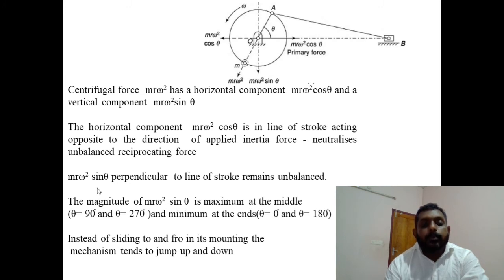And the magnitude is always changing sinusoidally, like mr omega square sin theta. So the magnitude is very high, or maximum, at the middle portion, that is when the angle is 90 degrees or 270 degrees. And when the angle is 0 degrees or 180 degrees, the magnitude is 0. So like a sinusoidal wave, it moves up and down, and it will produce a jumping effect on this